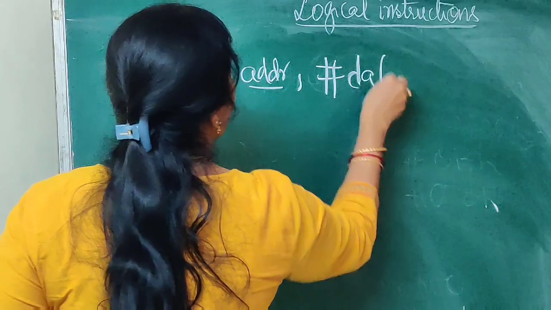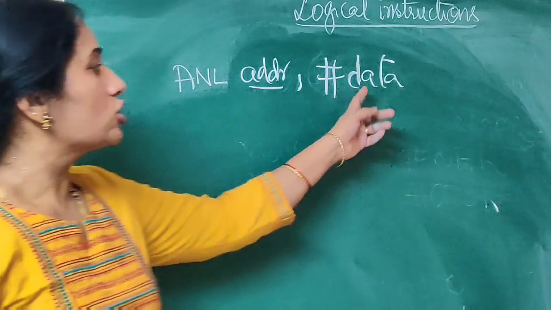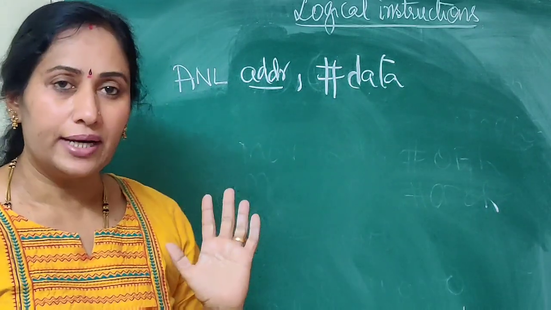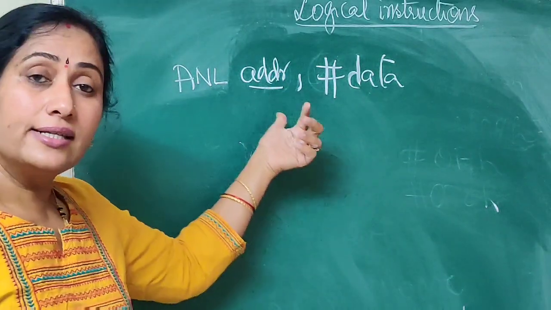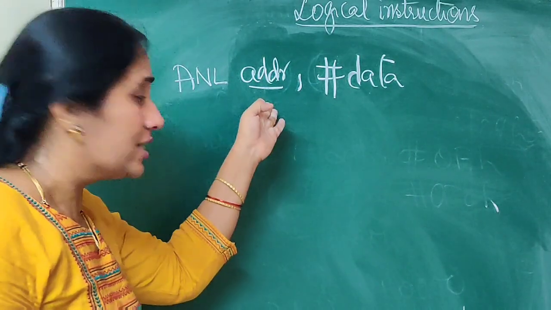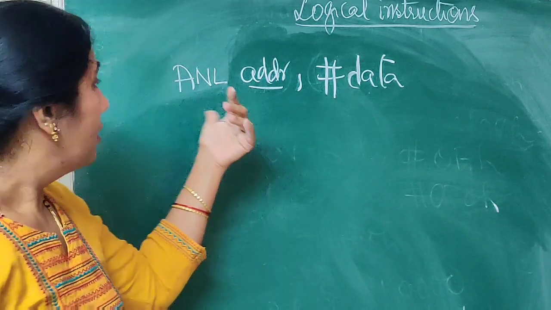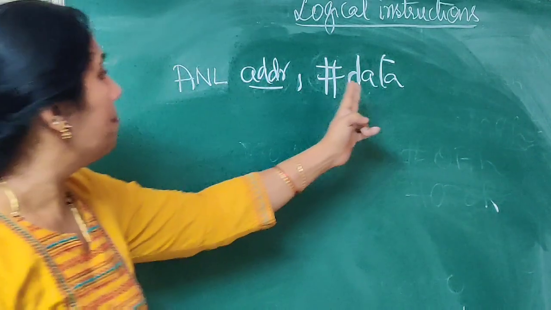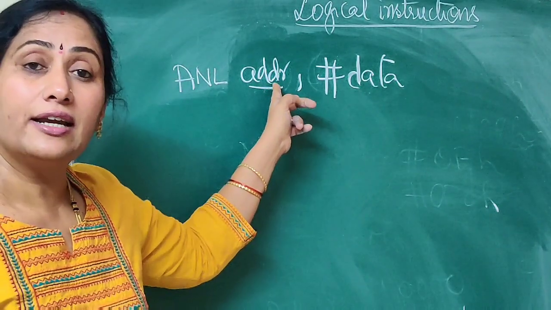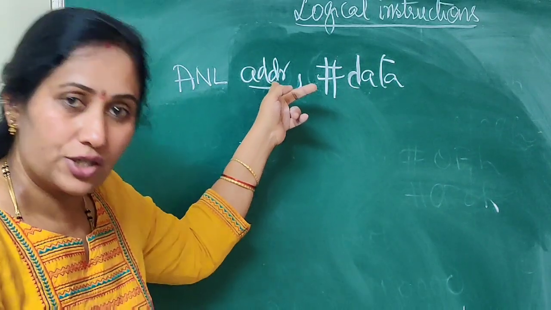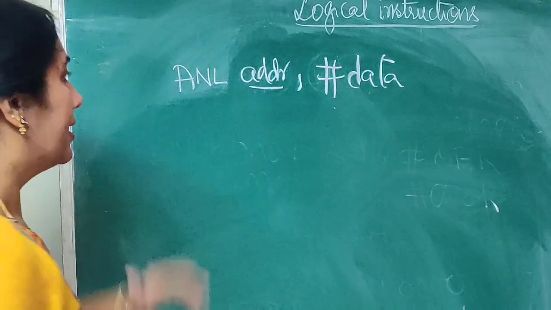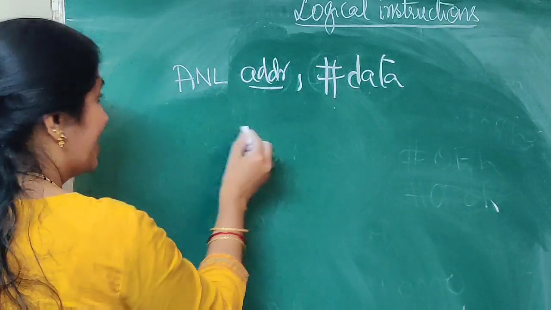Now, the next instruction, wherein you can see over here the source operand, that is the data, is a part of the instruction, which is specified as the immediate data. And I have specified the address of the memory location in the instruction only, where the data is residing. And I am saying perform the AND operation. The immediate data specified will get ANDed with the contents of the internal RAM whose address is specified in the instruction only, and the result is going to be placed in the destination address. Let me take the example.